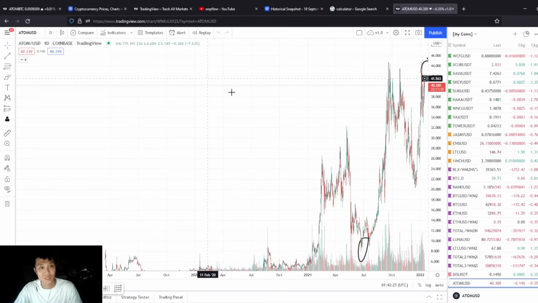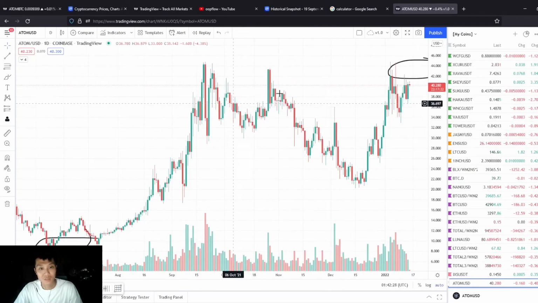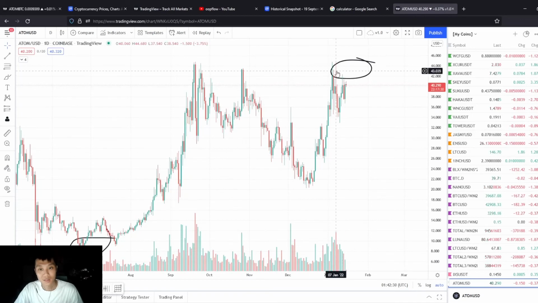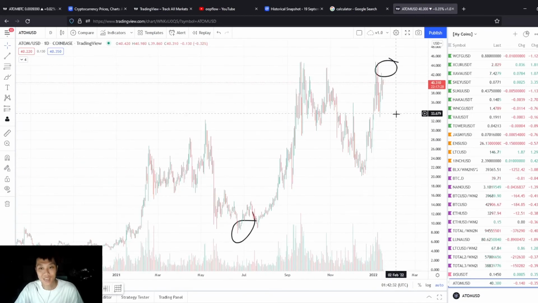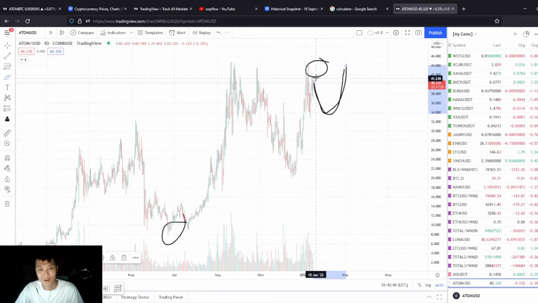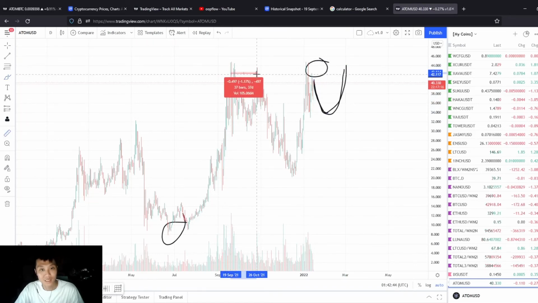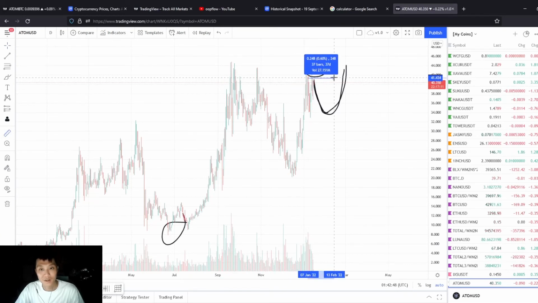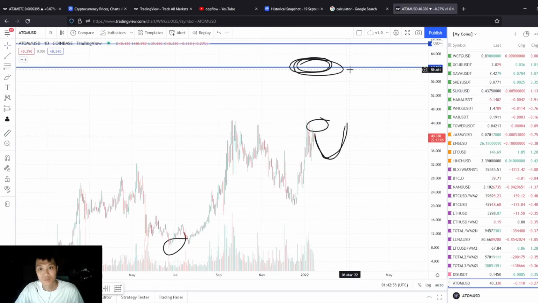So this is the conundrum of trying to predict in terms of the short term. In terms of formation, Atom is doing a triple top. Essentially it can get rejected here, but realistically, if I had to take a guess, if it does get rejected here, then you're probably looking at another move a few months out for it to retest again. So let's assume like 37 days. So under the worst case scenario, I probably would want to do a mirror move of this and then continue up to $60.